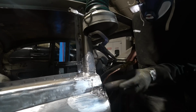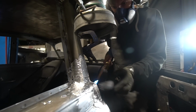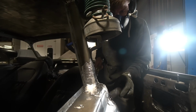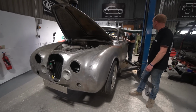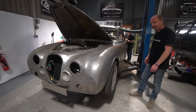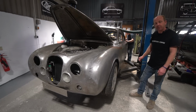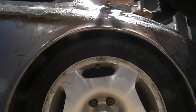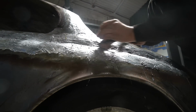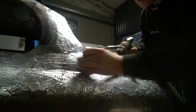It's not particularly technical. Once the lead's been very roughly shaped with the wood, then it needs to be filed to shape, and that's what Stu's doing here now. He's just filing the surface of the lead to get the final shape to it, and that's just a methodical process of filing it to shape. Very, very much like shaping body filler, but it's obviously much more durable. It doesn't sink like body filler does, and it just makes a slightly more professional job on the areas where